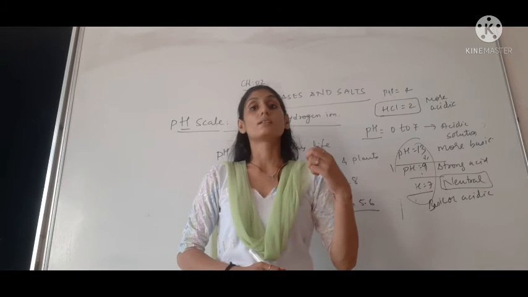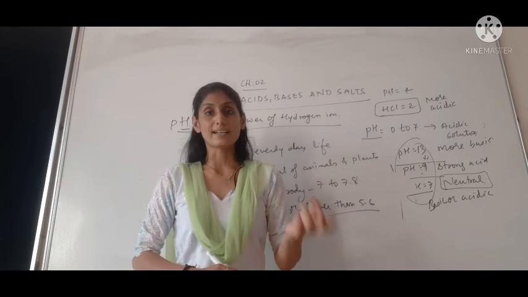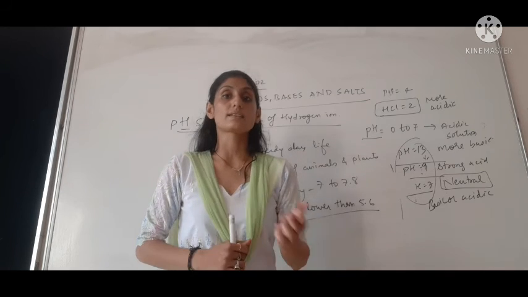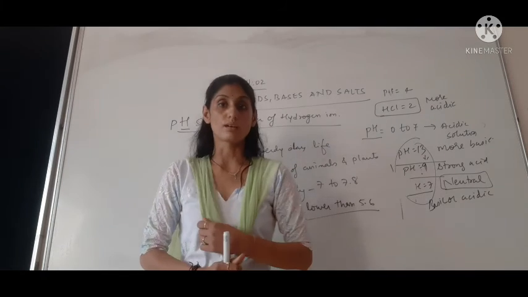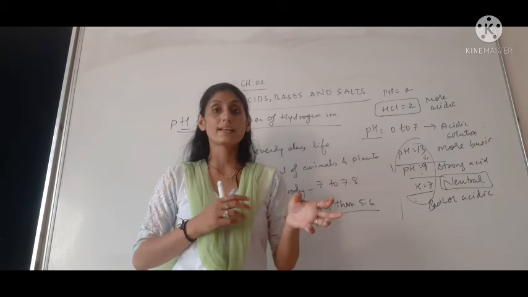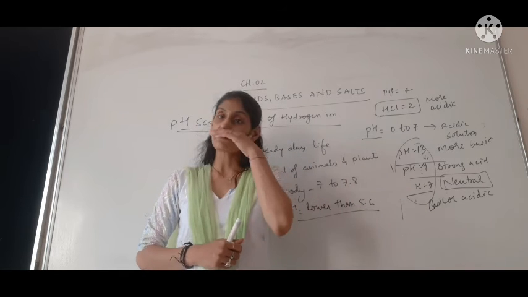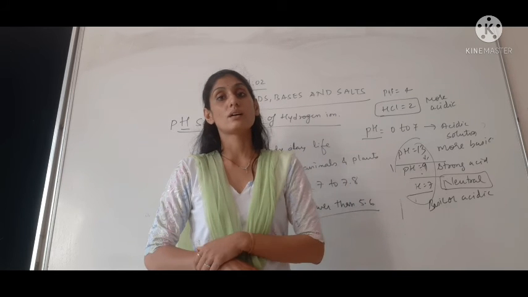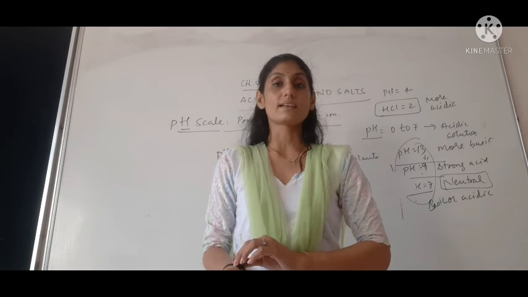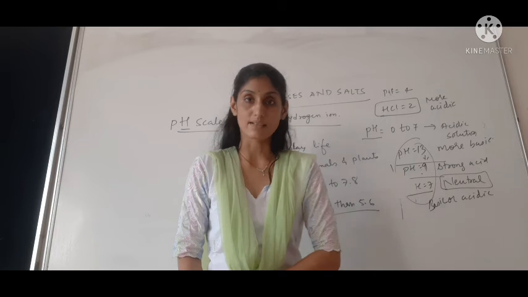So if soil is more acidic, then we add a basic substance to it as a fertilizer, and if soil is more basic, then we use an acidic fertilizer to make it fertile, to make it neutral. Whenever we have a neutral pH for the soil, it is essential for the growth of the plant or any particular material in that soil. If soil is basic, we use acidic fertilizer, children.